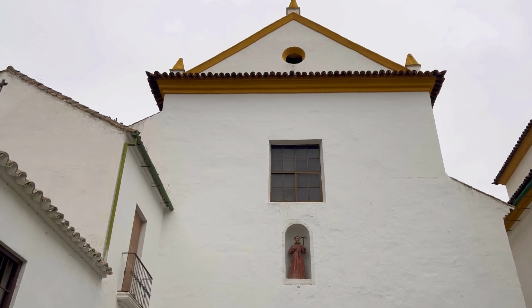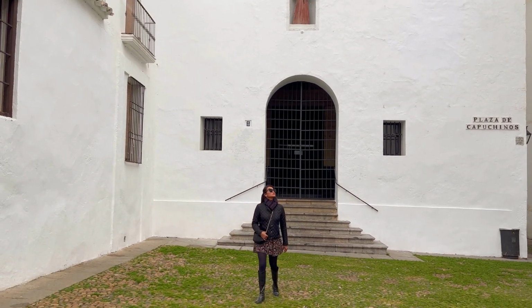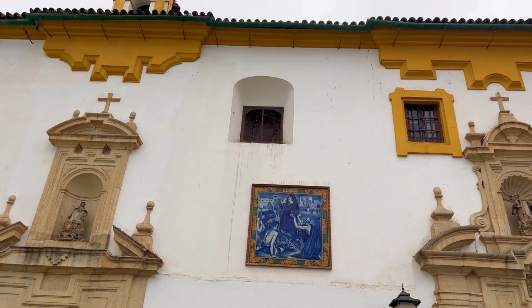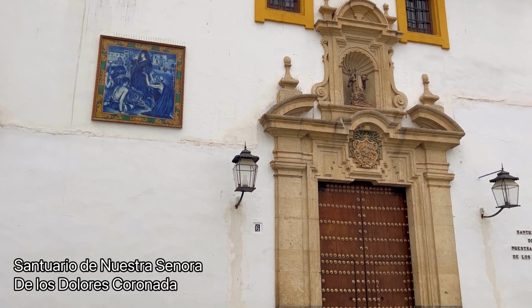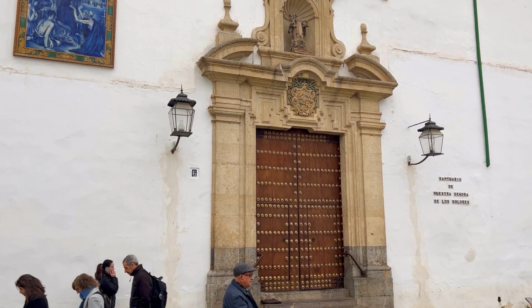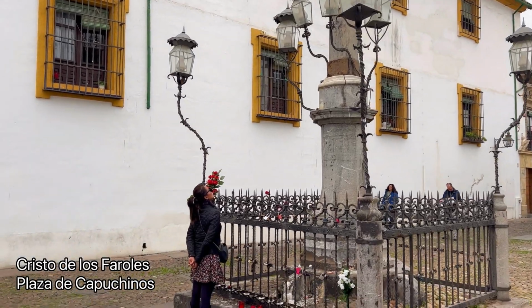The Bailio steps was originally one of the entrances of the city walls. They lead to one of the most serene plazas of Córdoba, and the plaza is located near the Church of the Capuchin Fathers, which gives the plaza its name. The most iconic feature of the plaza is the Christ of the Lanterns, a revered statue of Christ on the